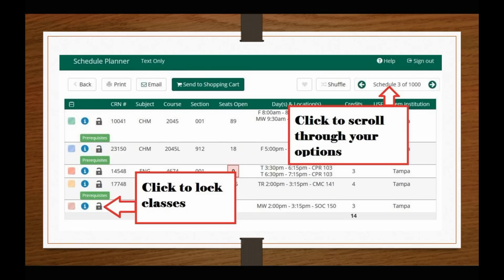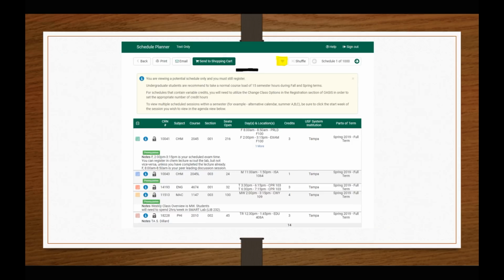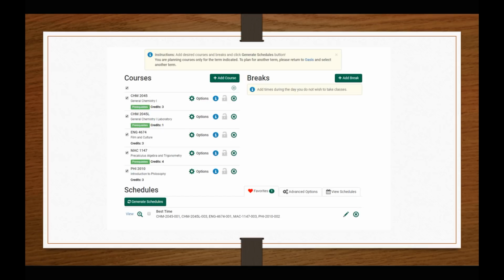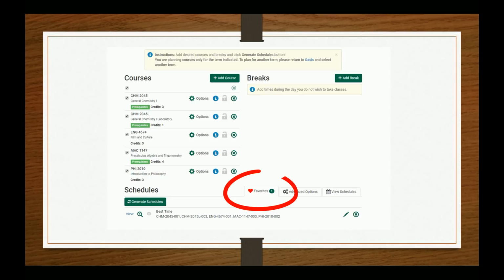You can then continue to scroll through your other schedule options. As you review schedules, use the Lock feature to select a specific section of a course. Locking a particular section will filter your results to only show schedules that include this section. When you find a particular schedule that you like, you can favorite and name it. This will allow you to continue searching while giving you the option to return to a specific schedule whenever you'd